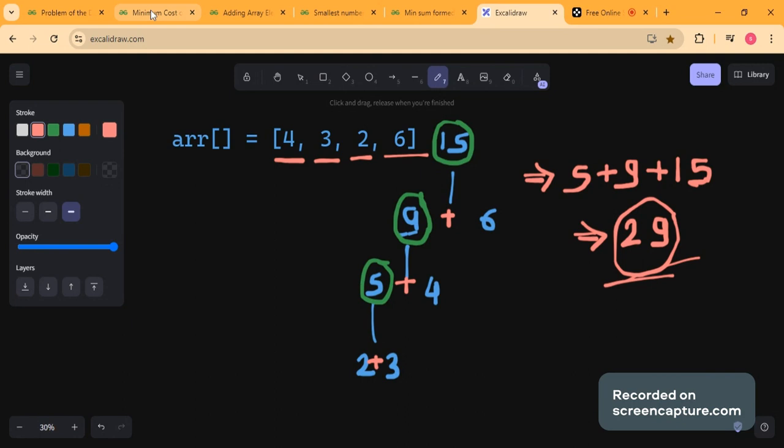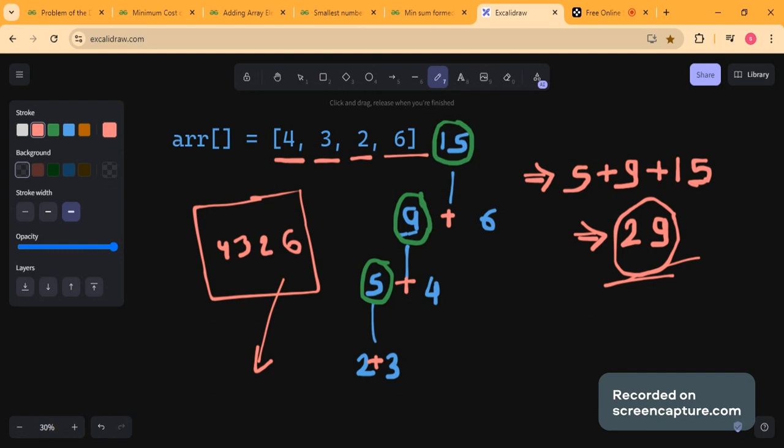Okay. So now we can see that we have some approach here, that we are basically trying to get the minimum numbers or the least positive numbers in the first go, and then we will gradually move to the larger numbers. So I think that one data structure does the same for me, that is priority queue. So if we create a priority queue and insert all the elements in this, for example, this priority queue has 4, 3, 2, and 6. So if I poll this priority queue, then what will be the first element that I will be getting? That will be 2. Okay, this is a minimum priority queue.